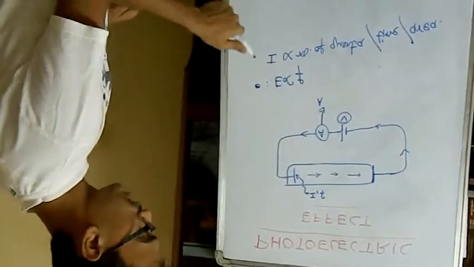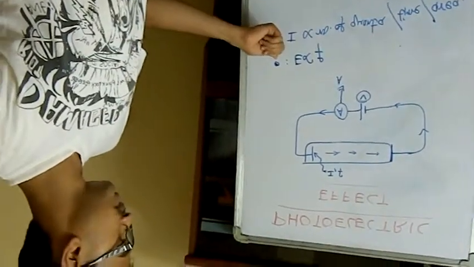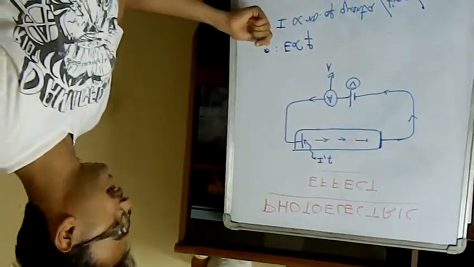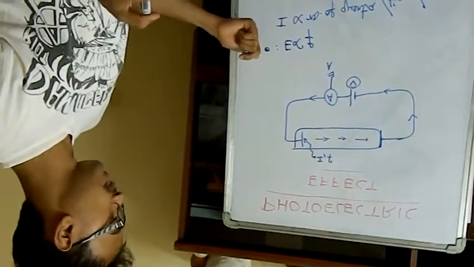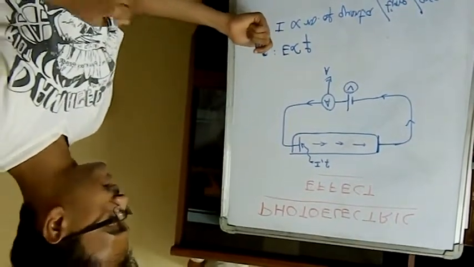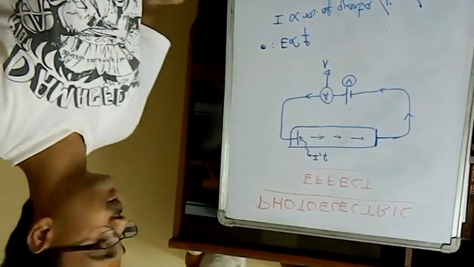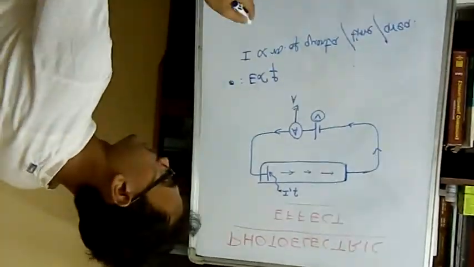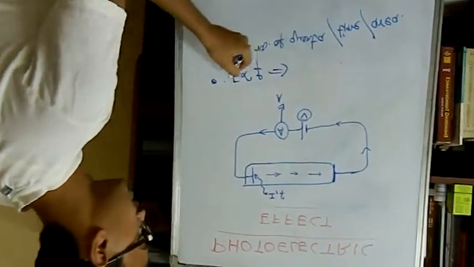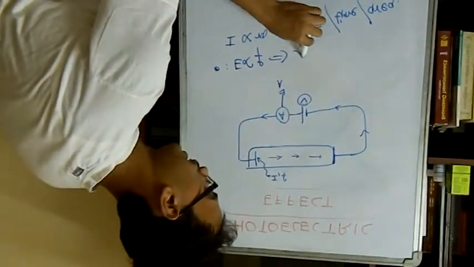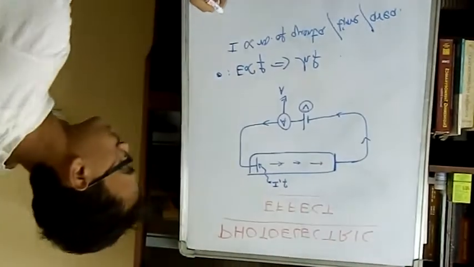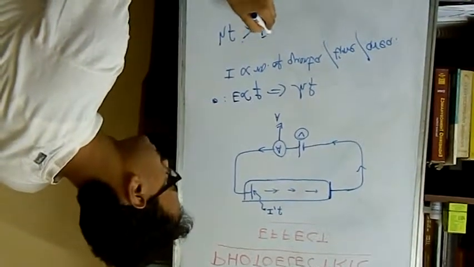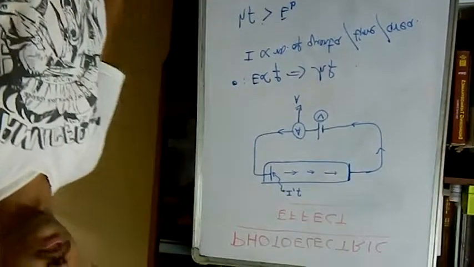Matter absorbs the energy as discrete packets. Einstein said that unless the energy of the quantum exceeded the binding energy of the electron, the electron would not be released. The proportionality constant was later called Planck's constant: E is equal to hf. So unless hf is greater than the binding energy of the electron, no photocurrent is observed.